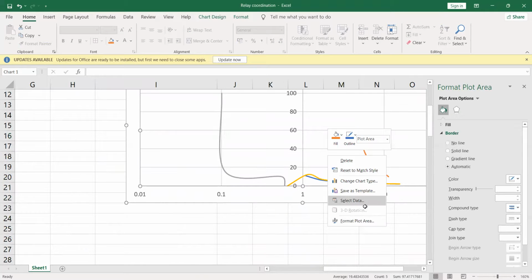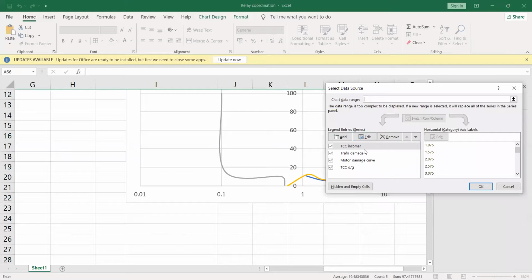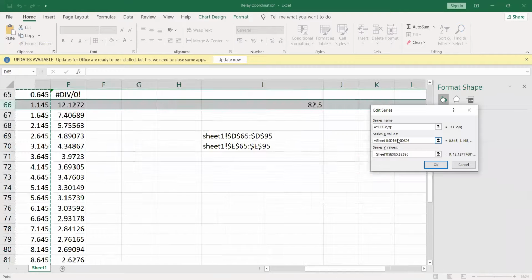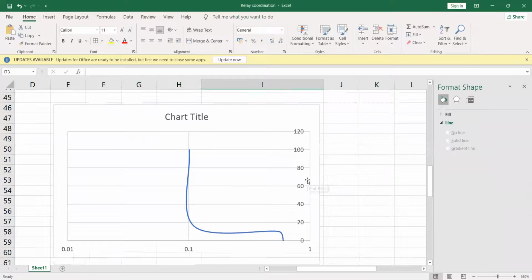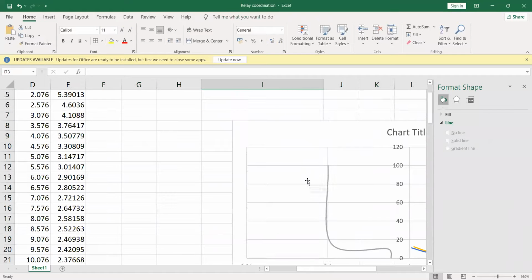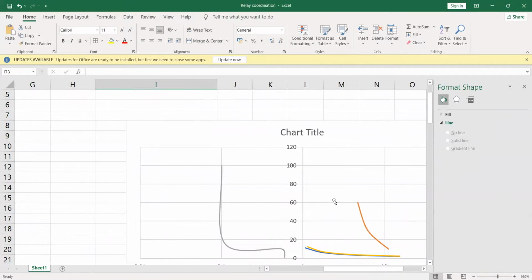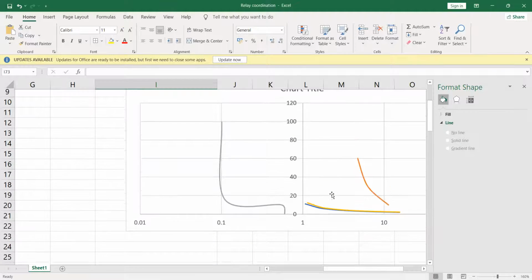Let us make it outgoing. Edit. Instead of 65, let me make it 66. Okay, now that's beautiful. Are you seeing this?